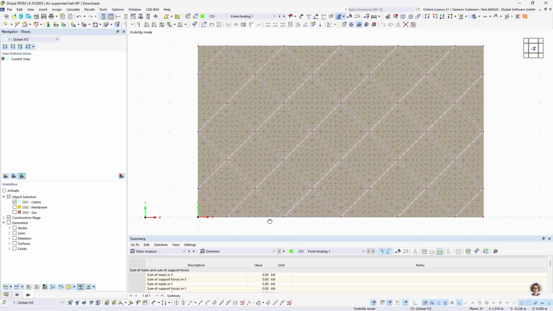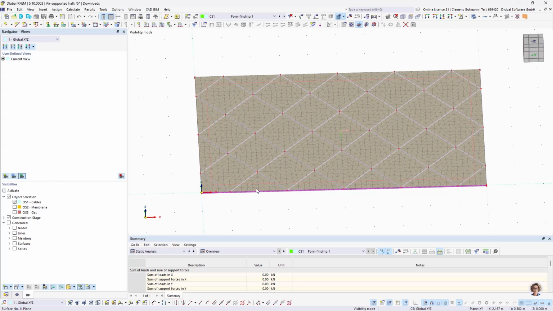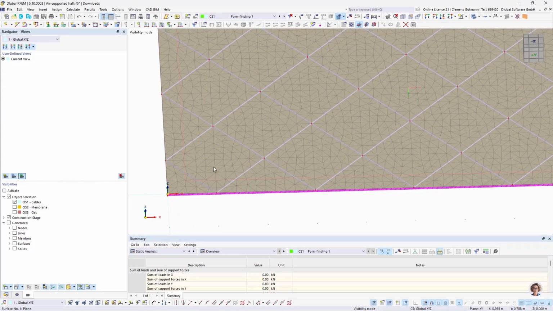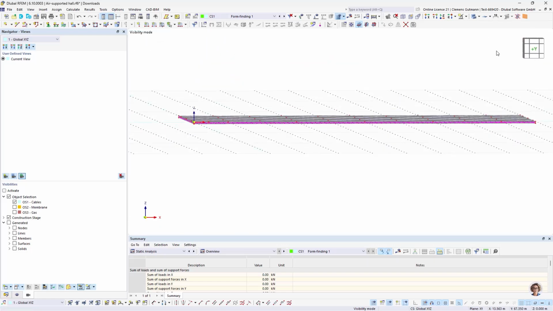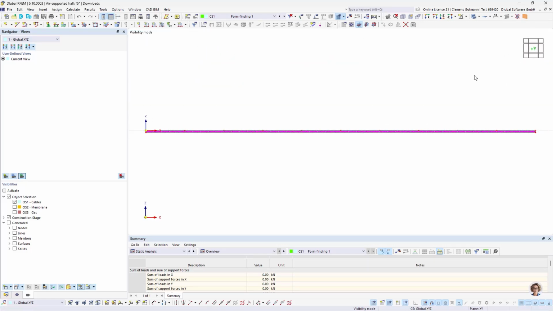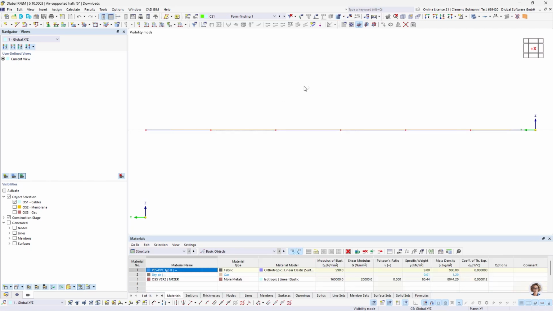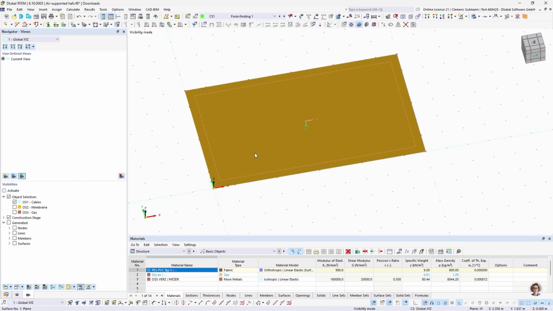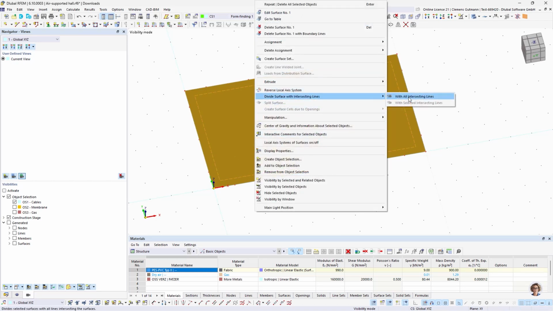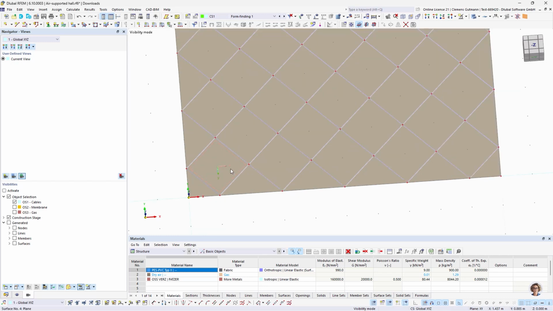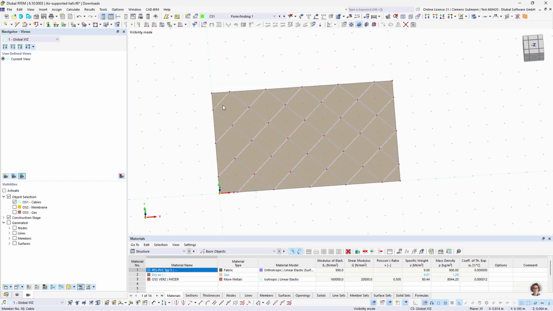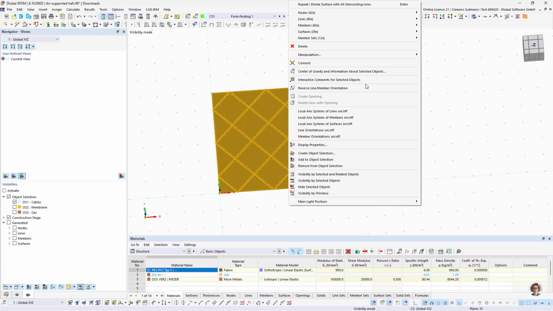And to improve the volume meshing later on, I'm not only going to divide the top surface, but I'm also going to divide the bottom surface. And that's why I'm deleting all the bottom part. Then I divide the surface with all intersecting lines, and then I'm going to extrude these surfaces again into a